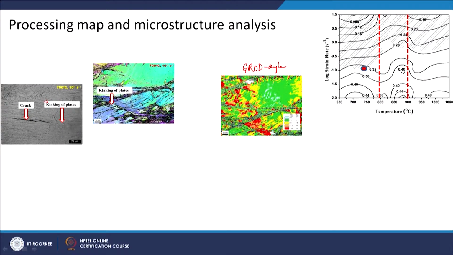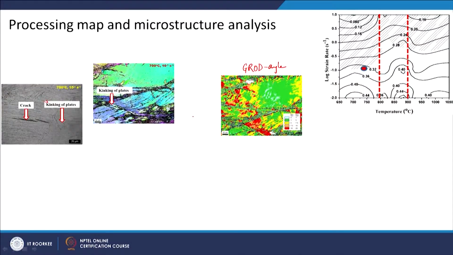This is how kinking takes place within the grain: due to deformation the grain is rotating. When dislocations traverse through the grain, they rotate the grain, and that is how you get low angle grain boundaries and then high angle grain boundaries. When the grain is not able to take that strain, there is a kinking of the plate, or kinking of the grain. The strain which is developed in the grain gets relieved through this kinking.